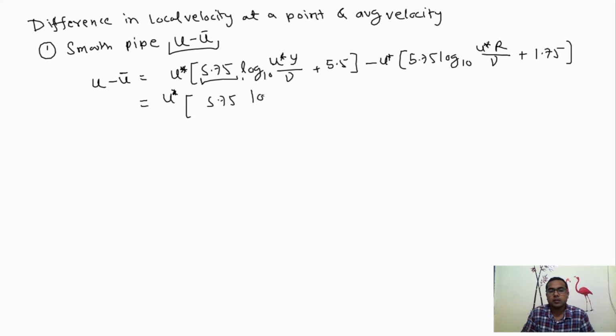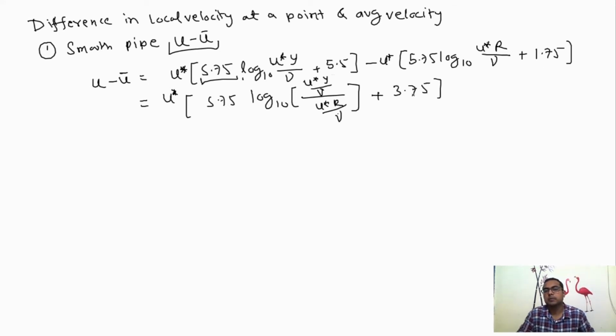Here you can see this log base 10 and this log base 10 are connected with the minus sign, so you can directly write log base 10 of the first term u star y divided by nu, and u star R divided by nu, right? Okay, this closes here,